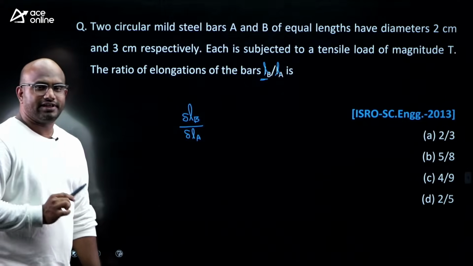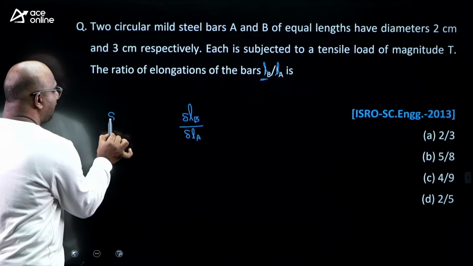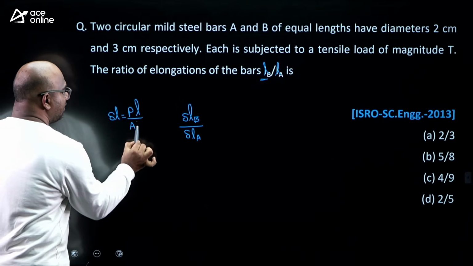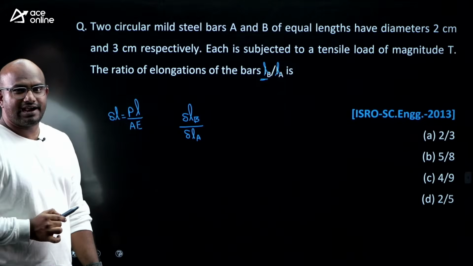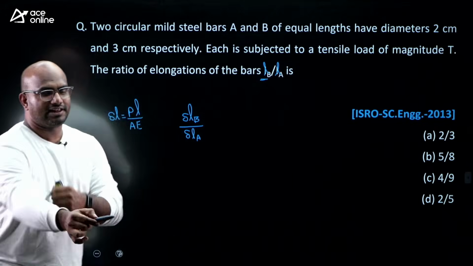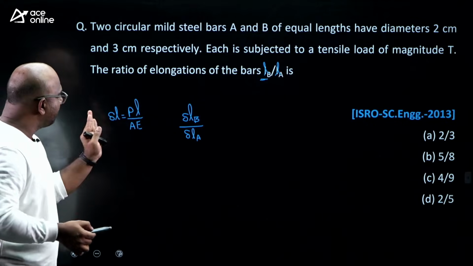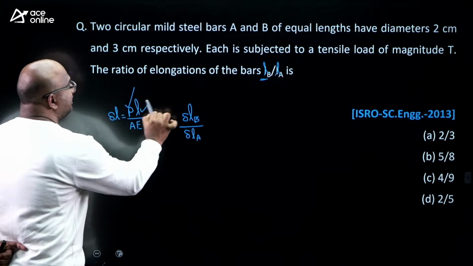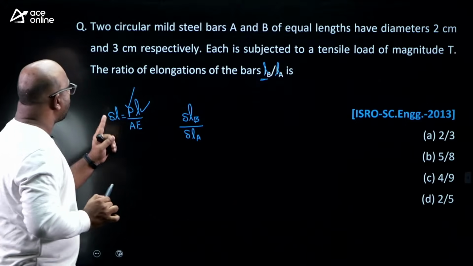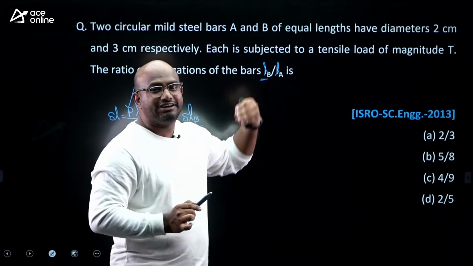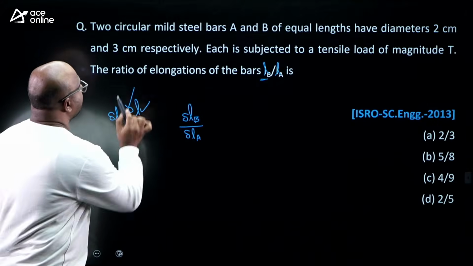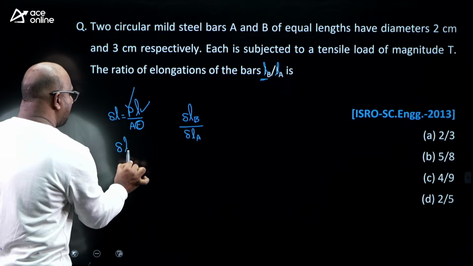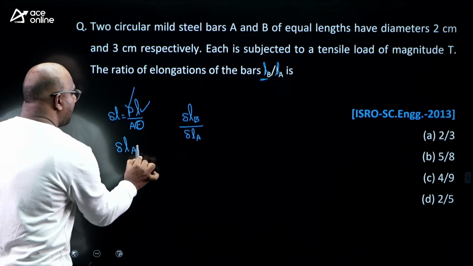But if you observe carefully, what is the deformation formula? Delta L equals PL by AE. Yes or no? Now, in PL by AE, the load P is constant, the length is also constant, as given, and E is the same since both are mild steel bars. Only the diameter is different. So I can say delta LA into the area of the first one,